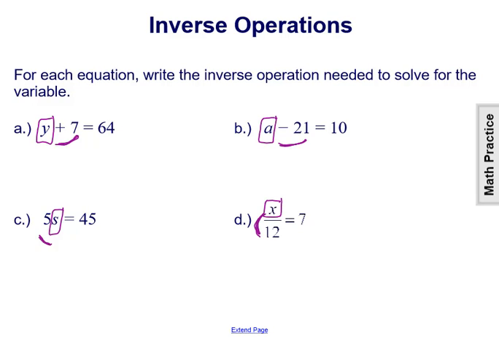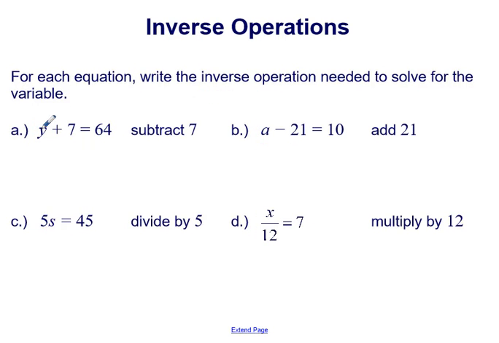So think of what is the current operation happening, and then what would be that inverse operation? What's the opposite that you need to do to solve for the variable? Well, in A, if we're solving for y, and currently it's being added with 7, the inverse or opposite operation would be to subtract 7. In B, if we're solving for a, currently it's being subtracted with 21, so the inverse or opposite operation would